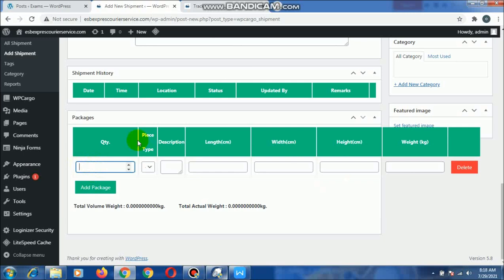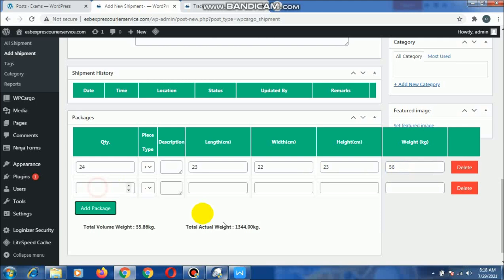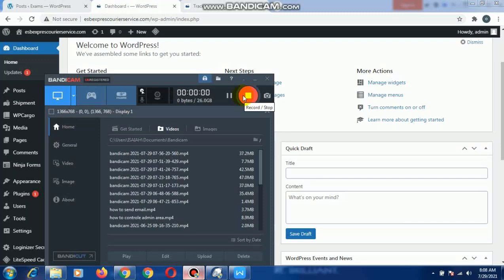So we can set the quality, the length, the height, weight. So you can just add package, or you can delete that if you don't want to add. So let's just add, let's see,